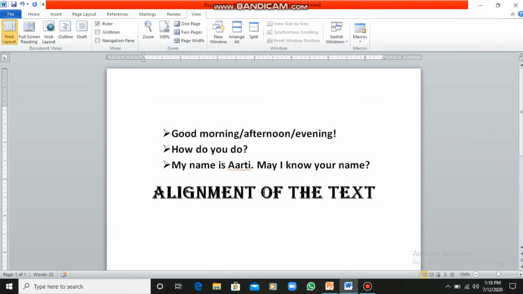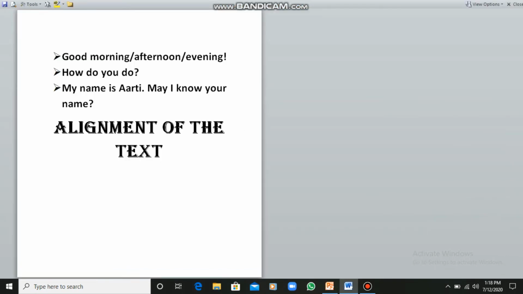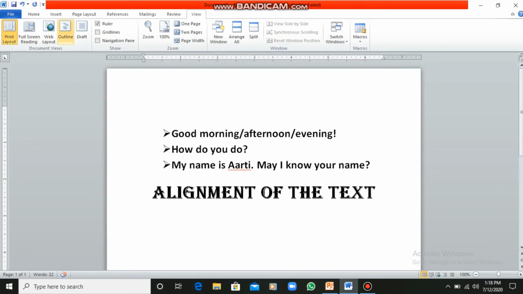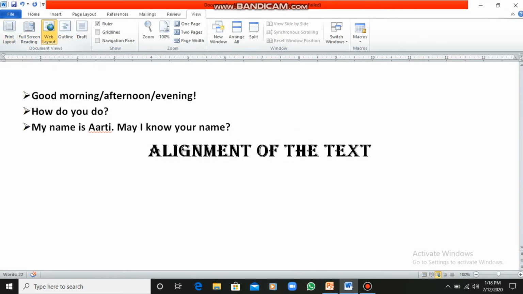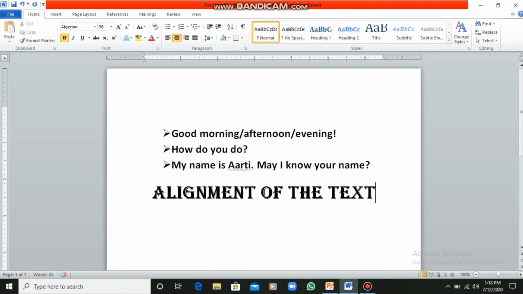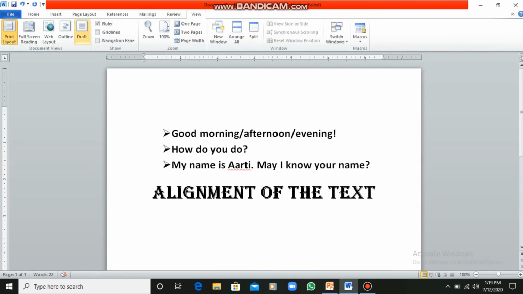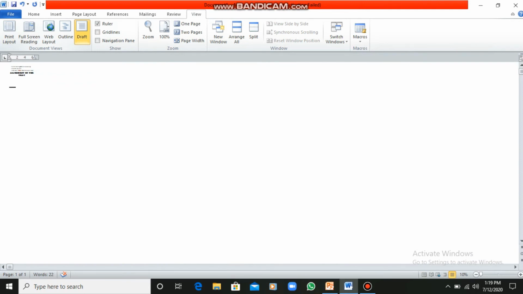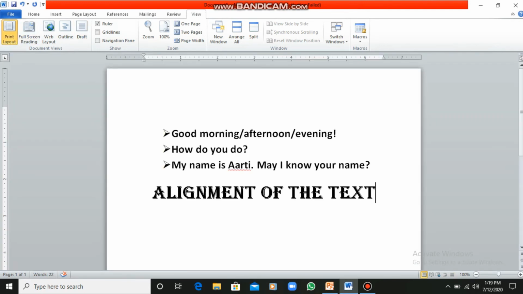For this we have to click on the View tab, and there are multiple views available. Let me take you to the full screen. This was the full screen view. All the ribbons and tabs are now hidden, and our page is in full screen mode. Now this is web layout. See, the document is looking like a web page, students. Now this is the outline view. Only the headings are available. The last is the draft view, which we normally don't use, and it is only used for proofreading of a document. And by default it is the print layout.